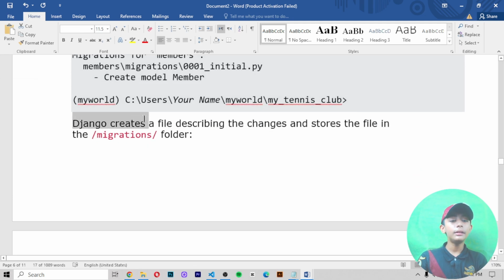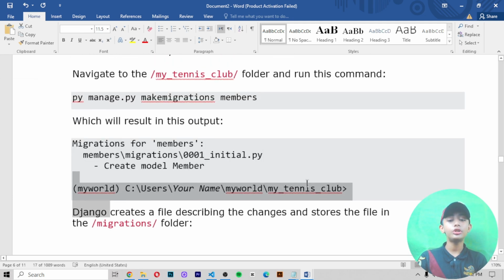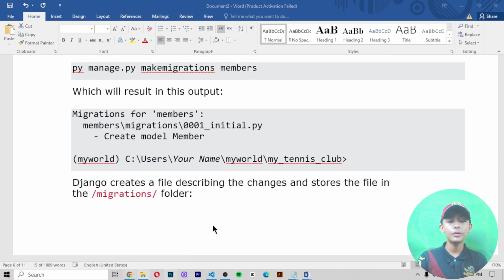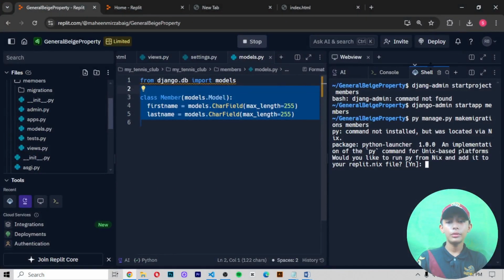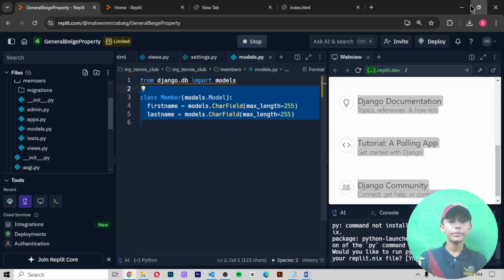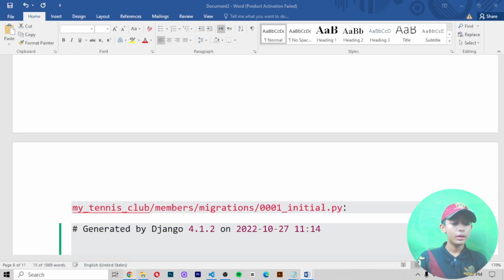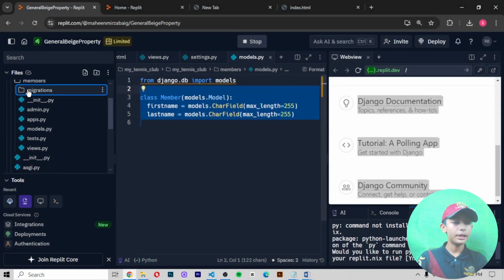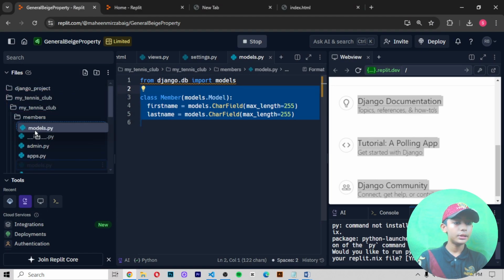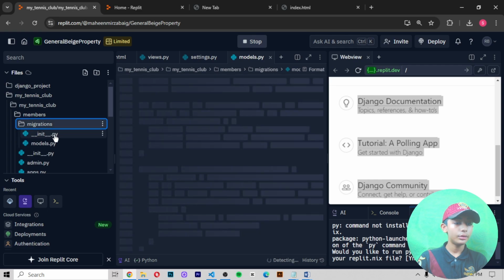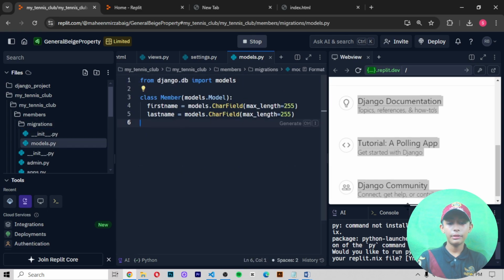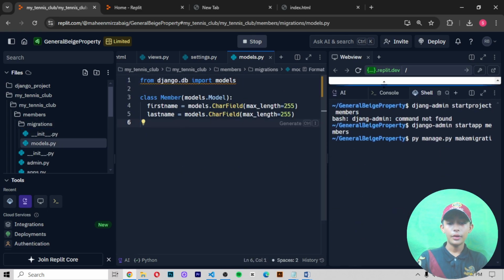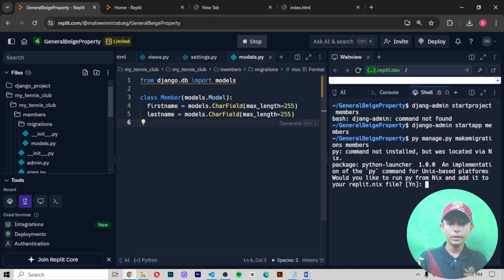Django creates a file describing the changes and stores the file in the migrations folder. There is one migrations folder.